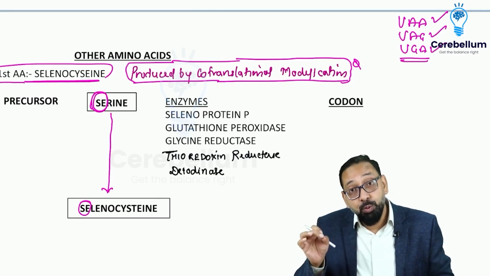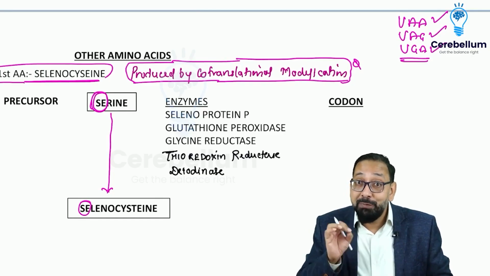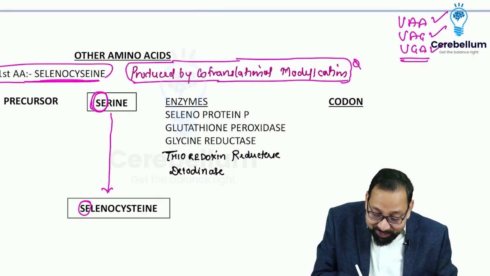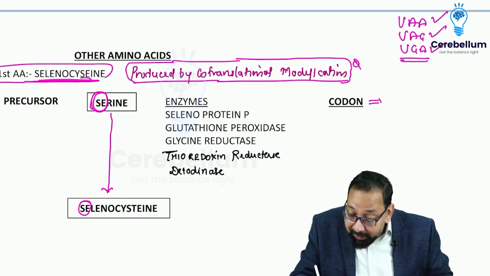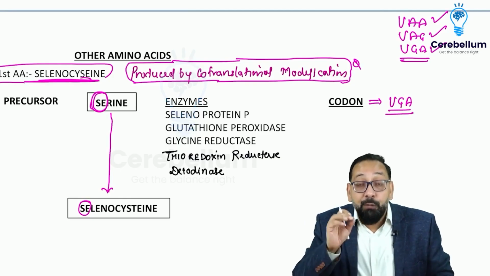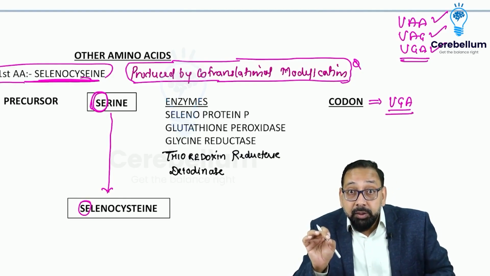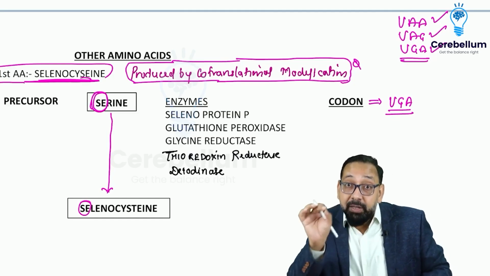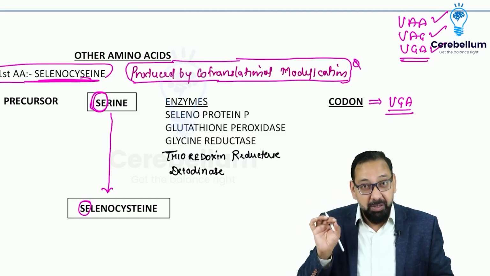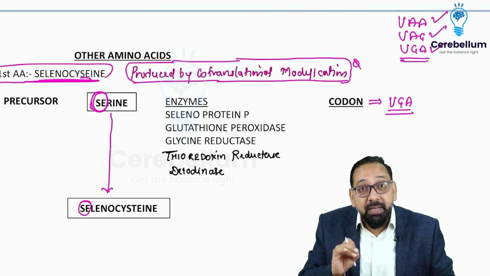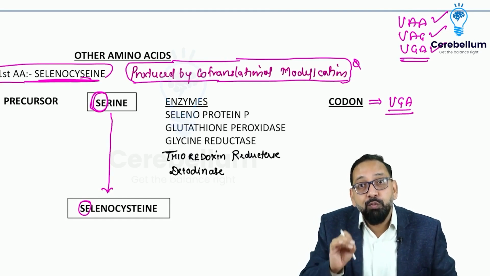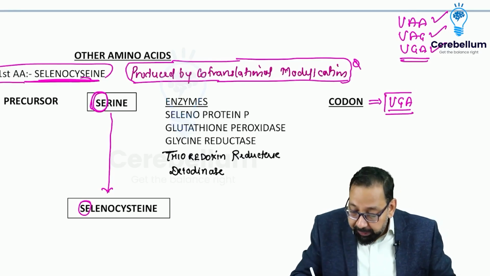Whenever a stop codon comes, protein synthesis stops. But we found that selenocysteine recognizes the stop codon UGA. Where UGA is there, selenocysteine will be attached. So this is recoded. The question is asked which stop codon codes for selenocysteine; that is UGA, and the mnemonic is